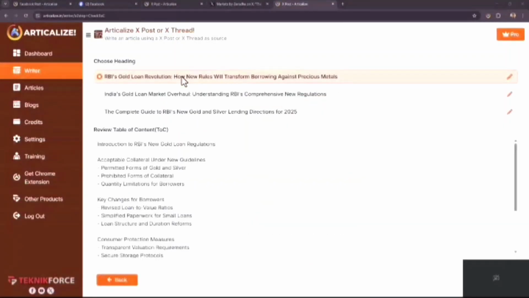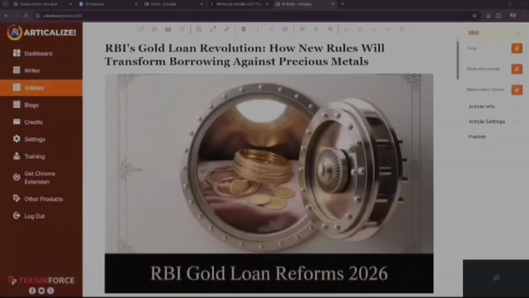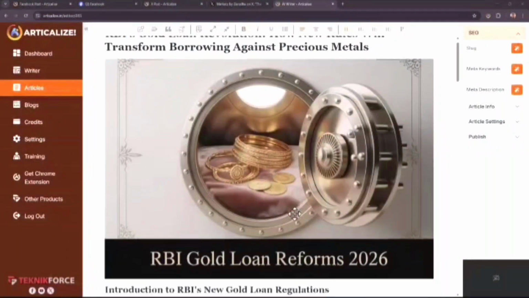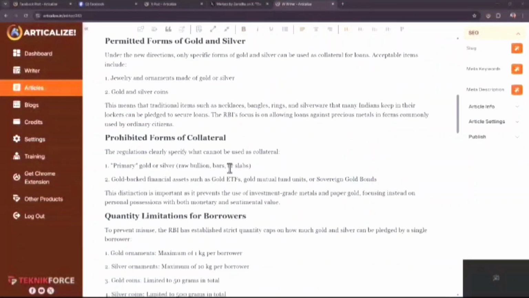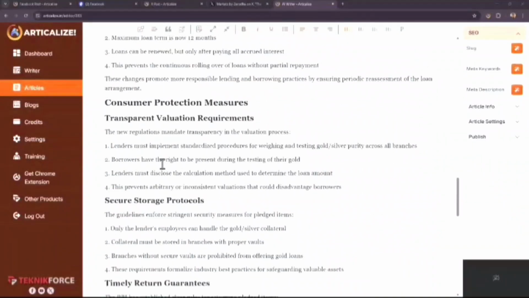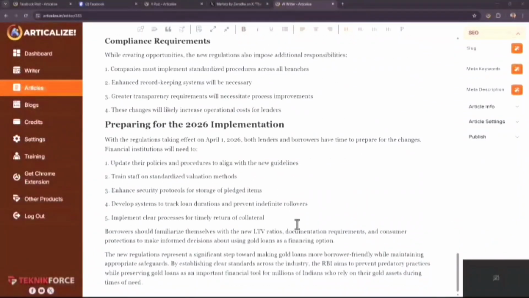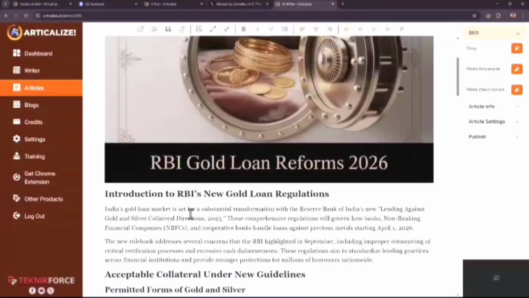You've got the title, you've got the table of contents. Next. And the article's ready. Check out this graphic. Couldn't be better than this, right? What an attention puller. And look at the article. Quite a well-written article right over here. And of course, you can use AI to make it better, change it any way you want, modify it. And all you need to do is then hit publish and it's saved.